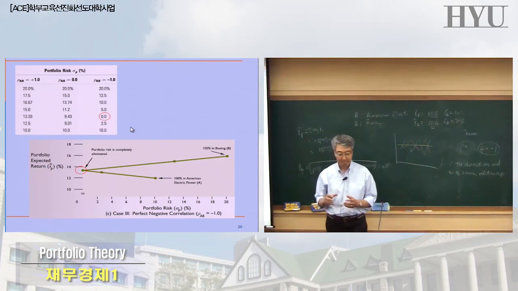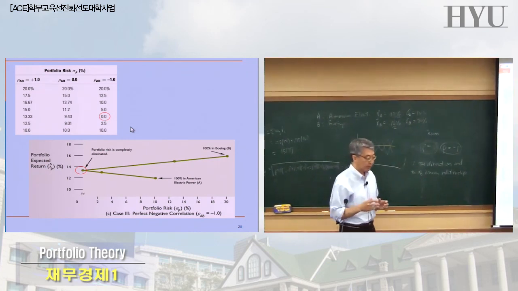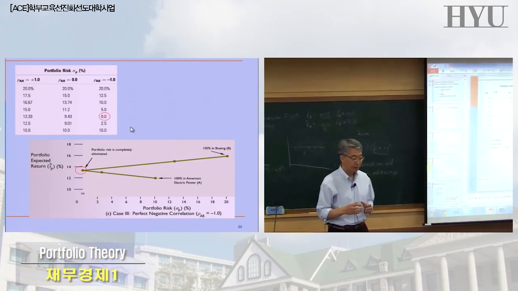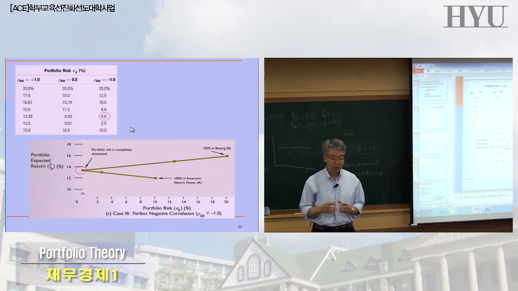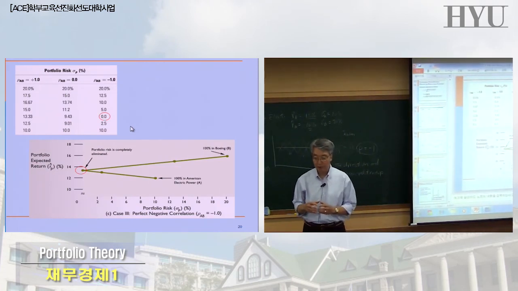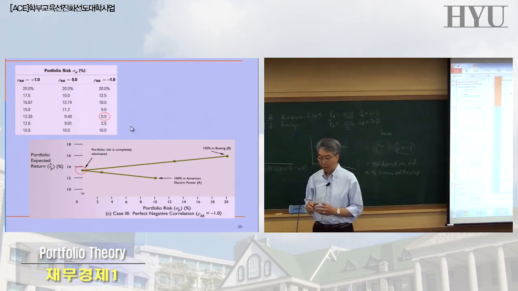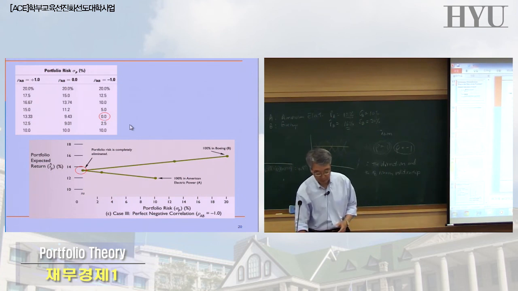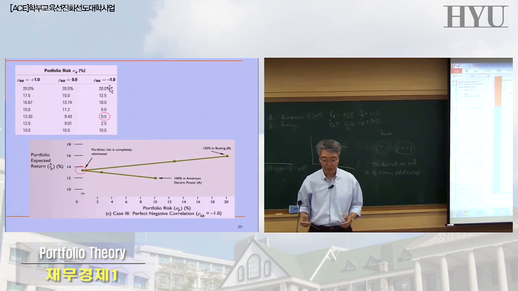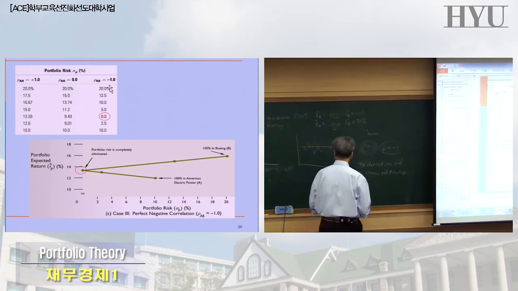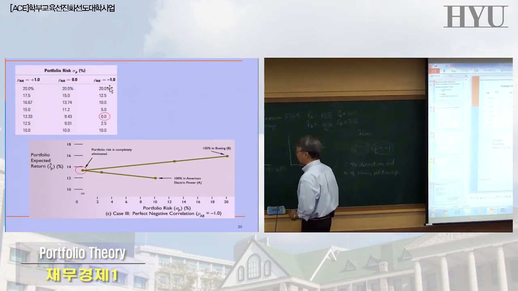You can combine multiple stocks or multiple items into your portfolio, and you can reduce the risk while generating the same return. And the important thing is the correlation coefficient. You have to find the correlation coefficient between different stocks. If you can find something that is exactly -1, then you can completely eliminate the risk, but that's probably unlikely. I don't think you can find any stock which has perfect negative correlation.